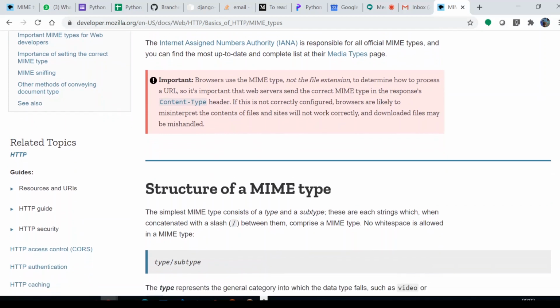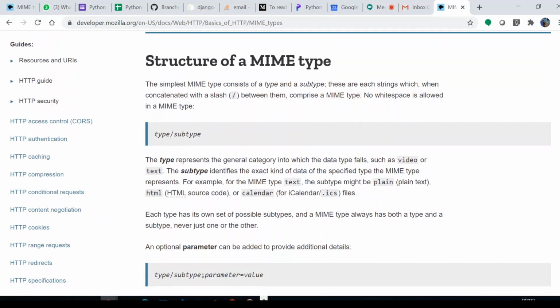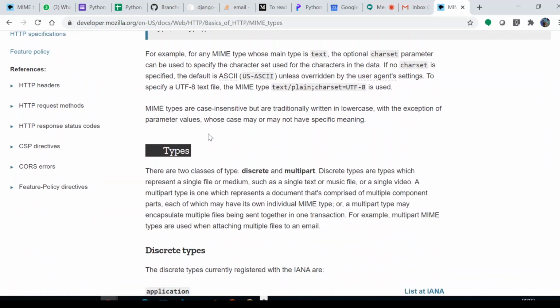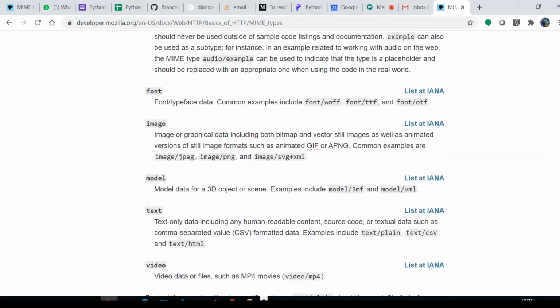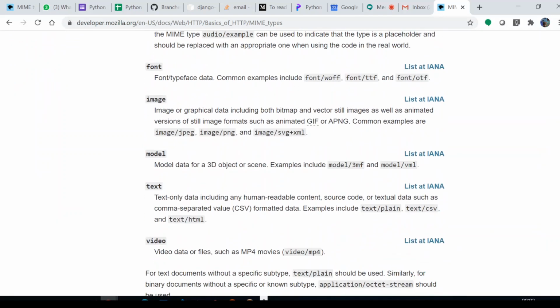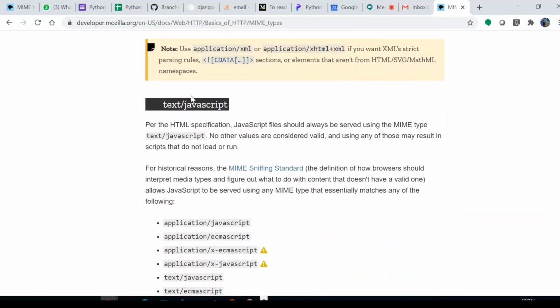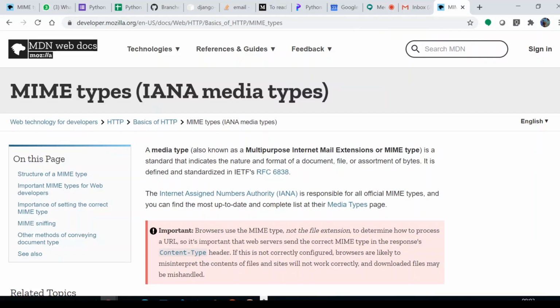So this is the structure of MIME: type and subtype. You can read this later. You can send audio, images, text, and we also need multi-part types, because we are sending multiple different things, that is text, and also an Excel sheet. You can just read about this later, but I hope you got the idea. It's just a standard, so that the mailboxes know what kind of data you're sending.